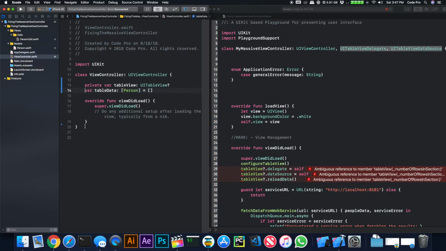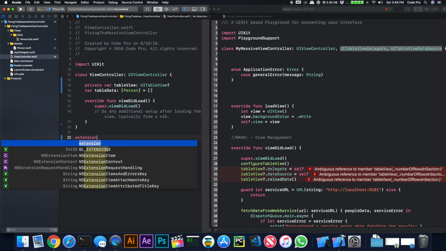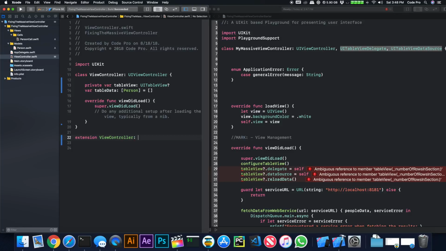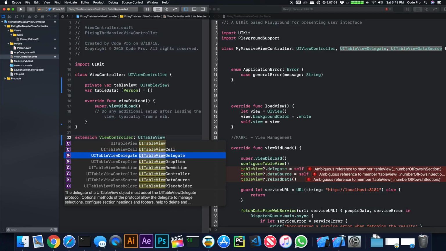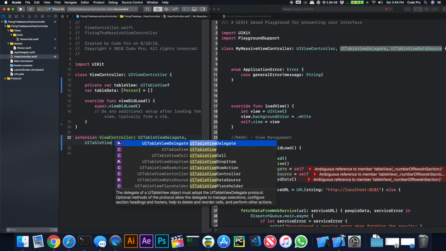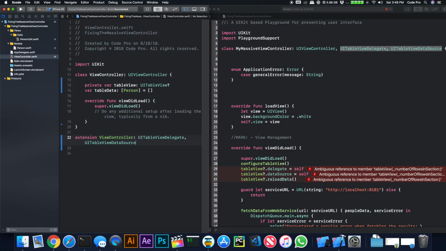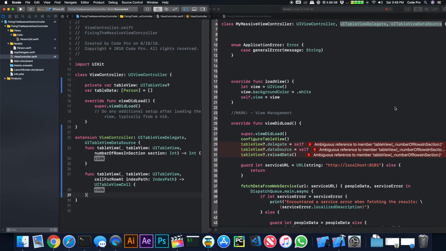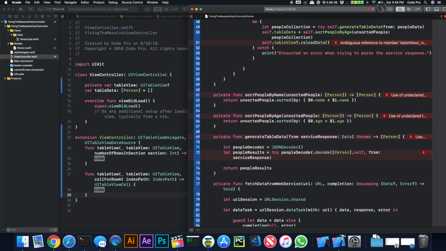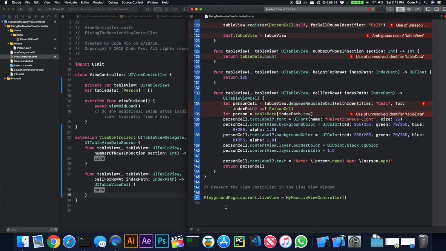So going back to our view controller, we can create an extension. And it'll conform to the UITableViewDelegate protocol and the UITableViewDataSource protocol. And what we can do is put the required methods inside of it, which is cellForRow at indexPath and number of rows and sections. So if we scroll to the bottom of this playground file here where I had actually implemented those methods,